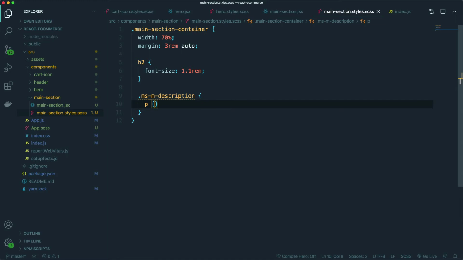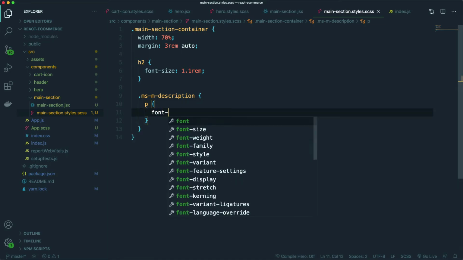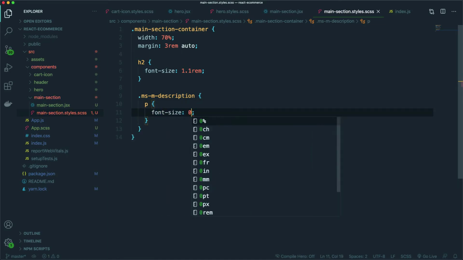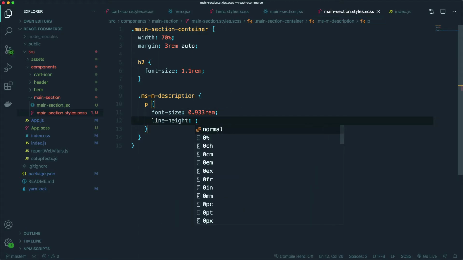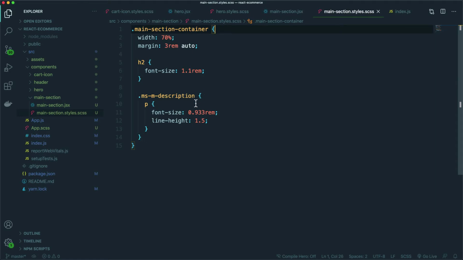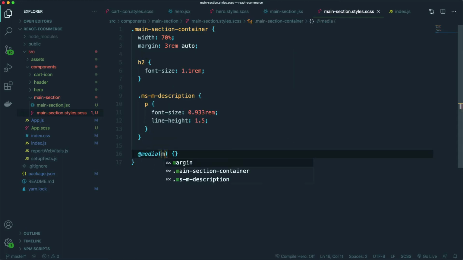So it's the MSM description, and that's going to be in a p tag here. So we're going to give that a font size, and I'm going to set that to 0.933rem. And what we want to do is space that out somewhat, so we're going to give it a line-height property. I'm going to set that to 1.5. And so this is going to be the styles for the mobile, and we want to target the desktop view only. So what will happen is we want the image and the description to be next to each other. So for that, we're going to use a media query, the breakpoint of